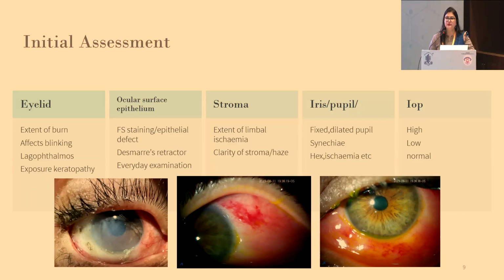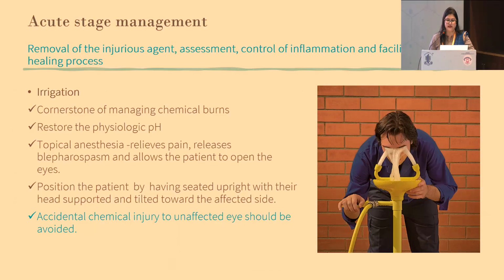Also, please do not forget to take the IOP of the patient. A lot of times we forget to take it, and the patient ends up with a very bad glaucoma, and then it is very difficult to manage these cases. The acute stage management starts with removal of the injurious agent, assessment of the patient, control of the inflammation, and facilitation of the healing process, and that starts with the first line of treatment, that is thorough